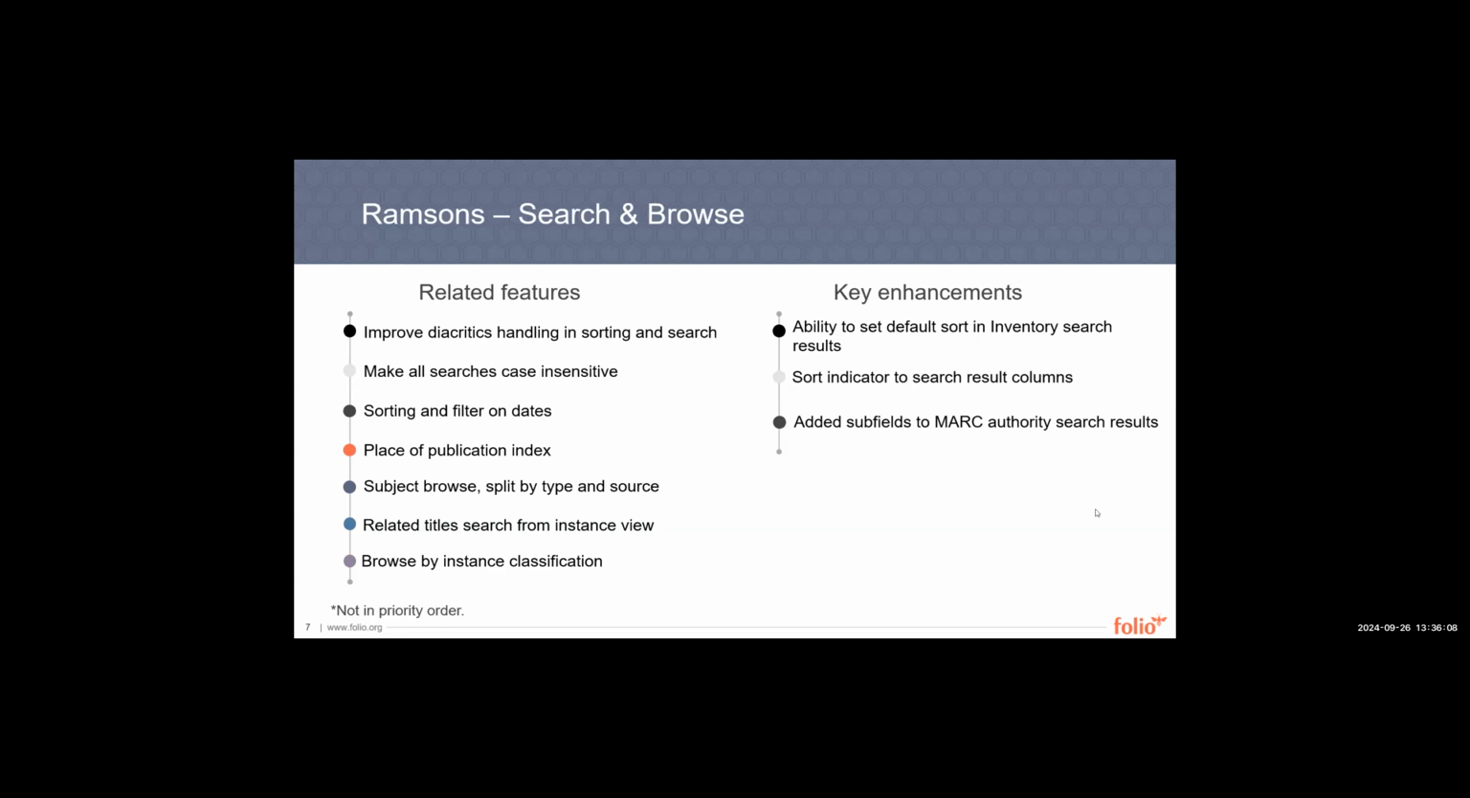The next one, again, FolioJet worked on, it's the ability to navigate between preceding and succeeding titles straight from the instance view. And I believe I'm going to show that in a second here too. And then finally, features related, we're building out browsing by instance classification. Some of the key UI enhancements we've made,